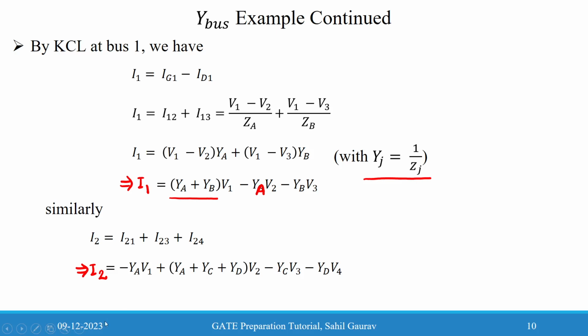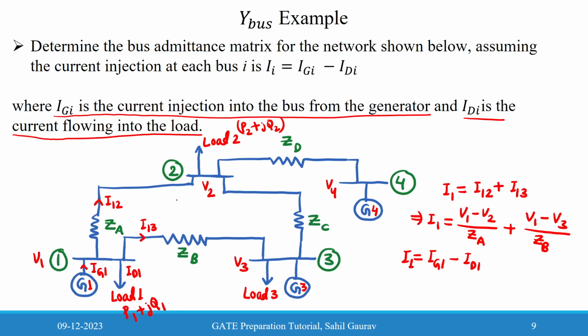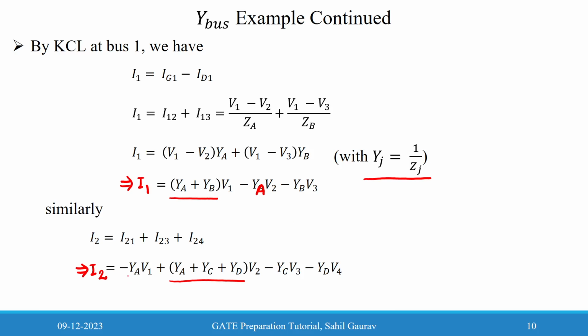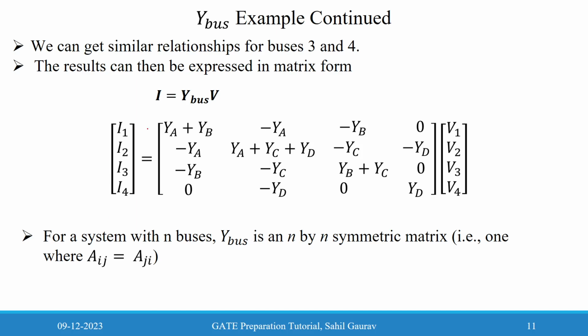So similarly for I2, we have all the diagonal elements, all the elements that are connected to this bus 2. We have taken it as ya plus yc plus yd. Here we can see ya, then yc, and then yd, and for the non-diagonal elements we can take minus ya, minus yc, and minus yd. So here we can see that these diagonal elements, the elements that are connected to each bus, we directly